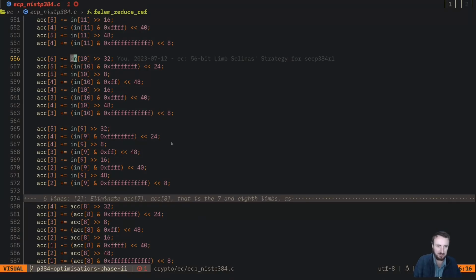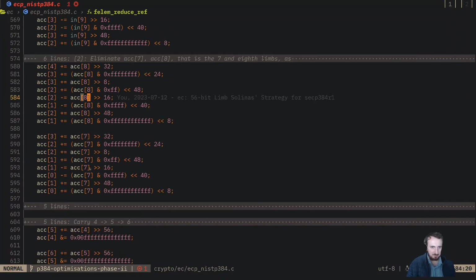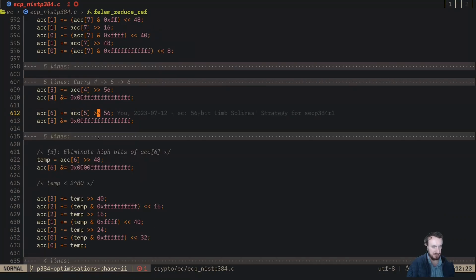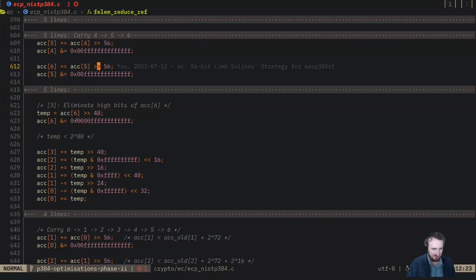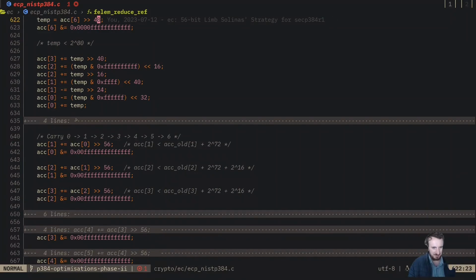And so our code here does that left shift by 24, but it can only probably fit so much into lim5 of the output, which is a 128-bit type. And so it's going to have to scatter that number among lim5 and lim6. Yeah, so there's a whole bunch of that. This can very much be put into a loop, but I thought I would unroll it for reasons, I suppose. And then we have to do a whole bunch of carries in order to get our number into the right format,